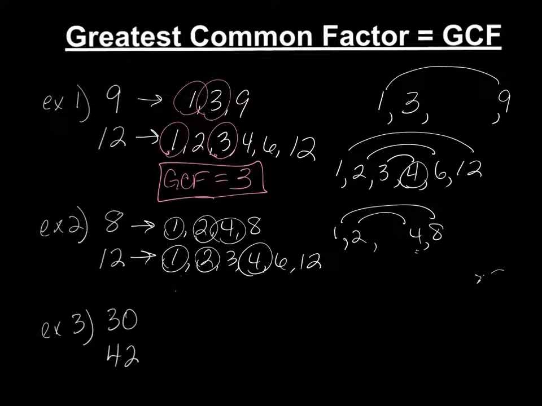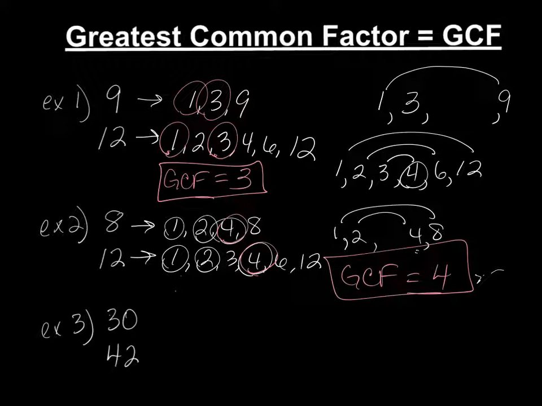8 and 12 have common factors 1, 2, and 4. The greatest common factor between 8 and 12 is 4. It is the largest number that goes evenly into both 8 and 12. And for my third example,